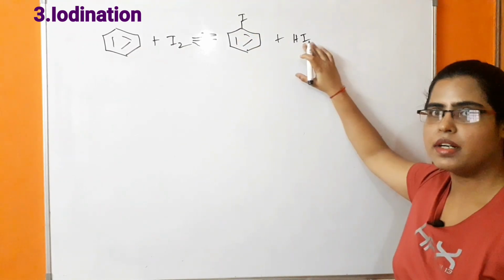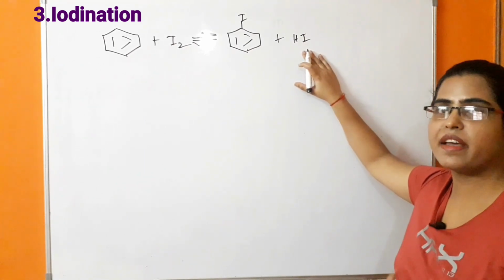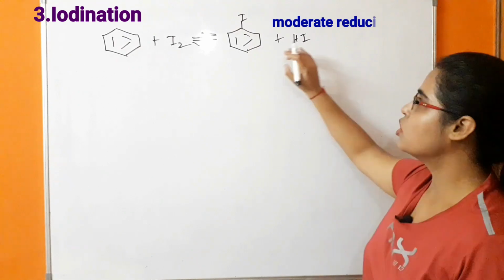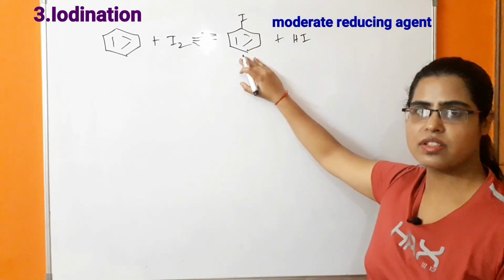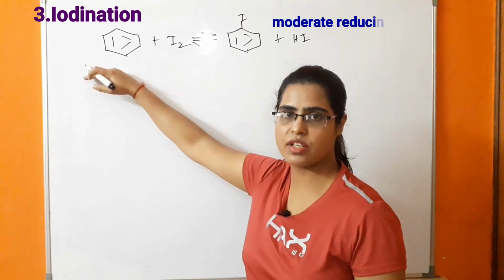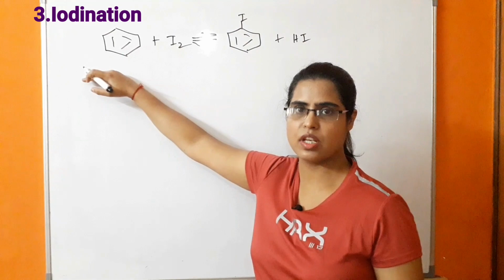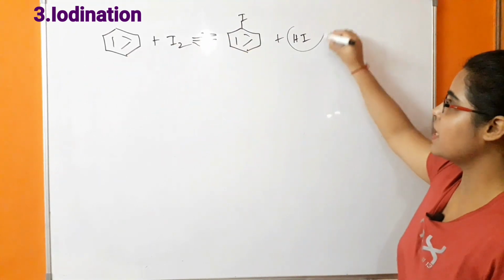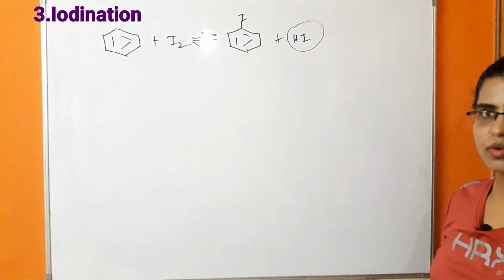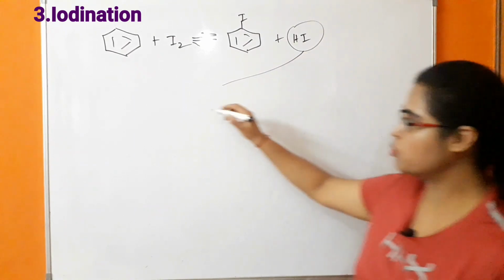So why is it reversible? It is because of the formation of this hydrogen iodide, which is behaving as a moderate reducing agent. So it will again react with this iodobenzene and this reaction moves towards a backward direction. Because of that, this reaction has less significance. So to remove this HI, that is hydrogen iodide, from the right hand side of the reaction, we use